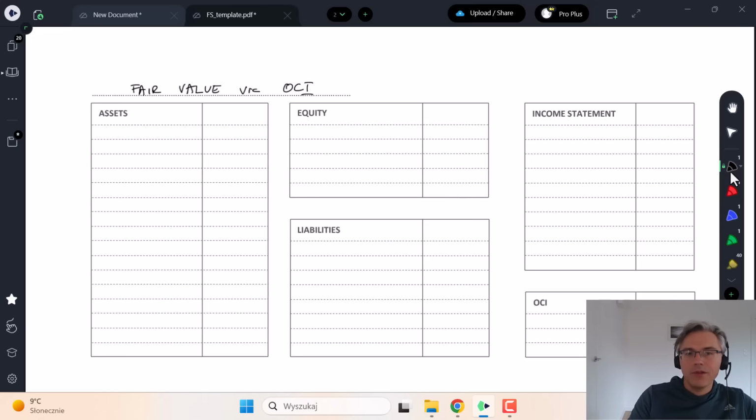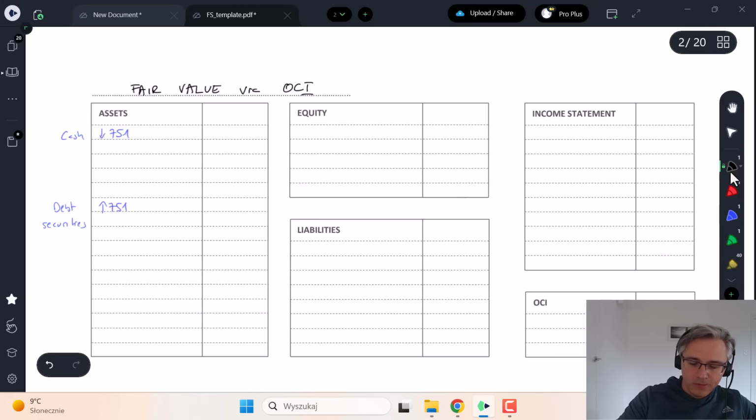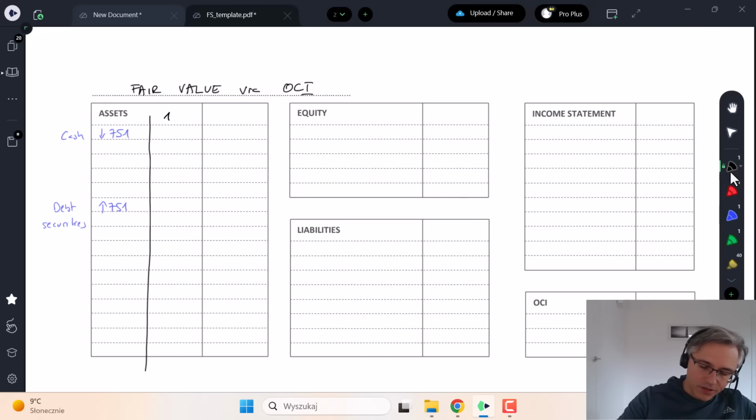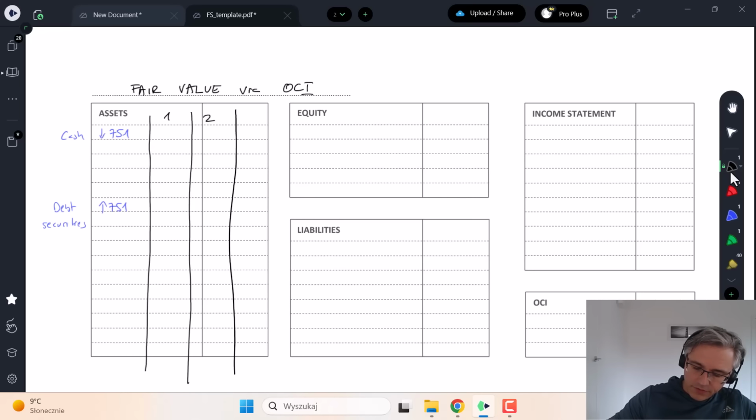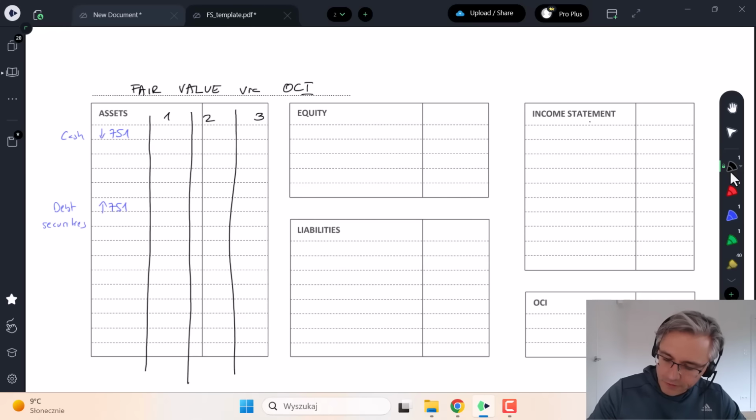Other comprehensive income, OCI. Now the initial point at time zero, or the initial entries, are the same. So you spend cash, 751 out, and you load your assets up with debt securities. Now this is going to be a common theme for all the approaches. You always record financial assets typically at their cost of purchase, so their initial value. But then you're going to have these three years worth of entries